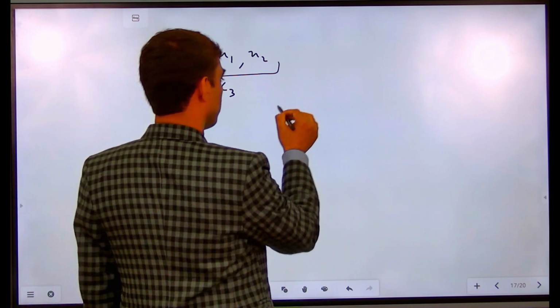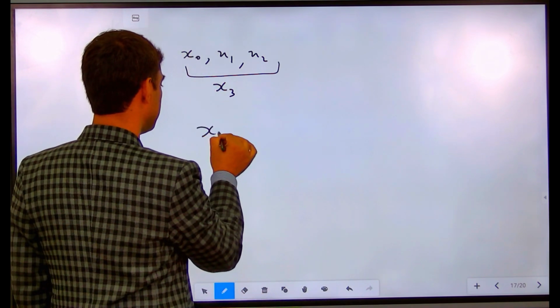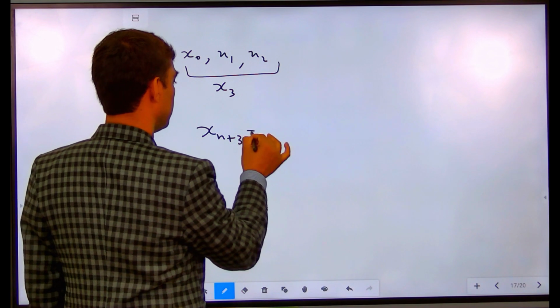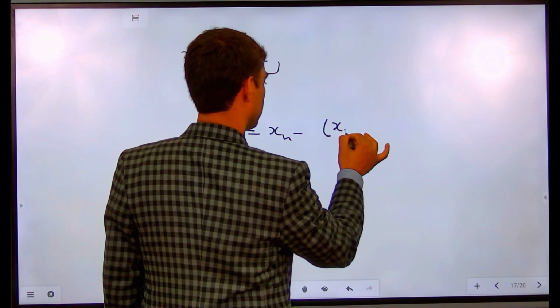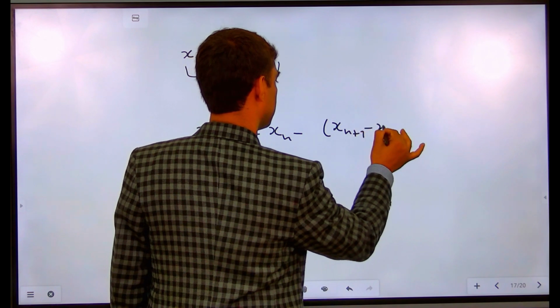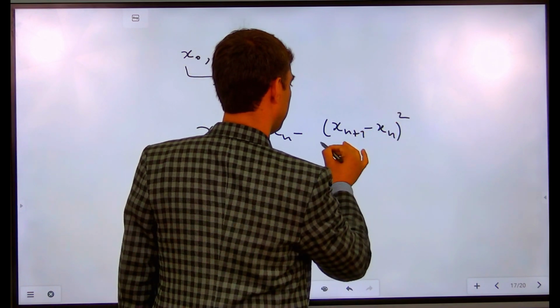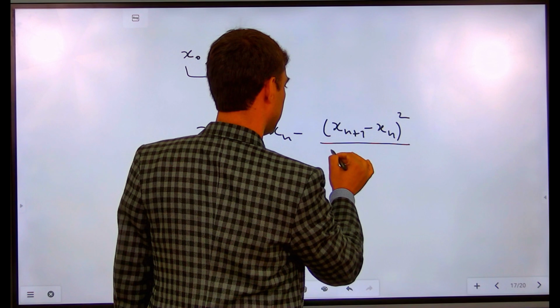Because what is the iterative scheme? The iterative scheme is x_{n+3} = x_n − (x_{n+1} − x_n)² / (x_{n+2} − 2x_{n+1} + x_n),